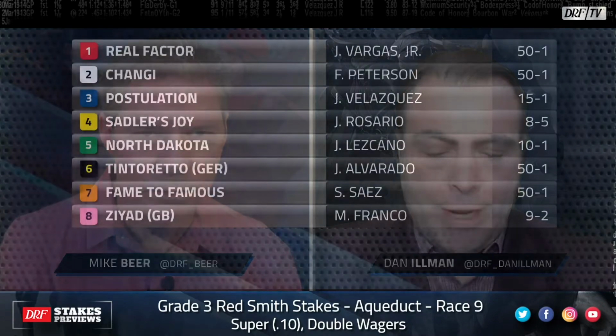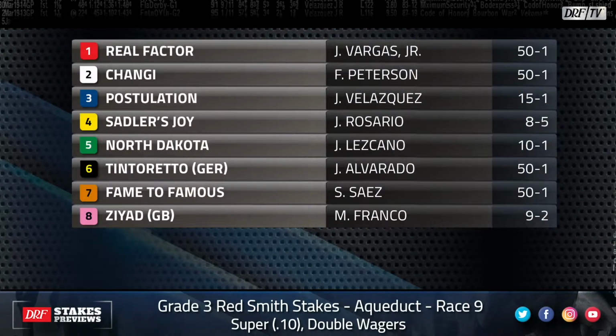Hi everybody, Dan Illman, Mike Beer taking a look at the feature race at Aqueduct on Saturday. Let's throw up the field for the Grade 3 Red Smith, we're going 1 3/8 on the inner turf. $100,000 is the purse. The 4 Sadler's Joy has just been a remarkably consistent horse for a very long time,